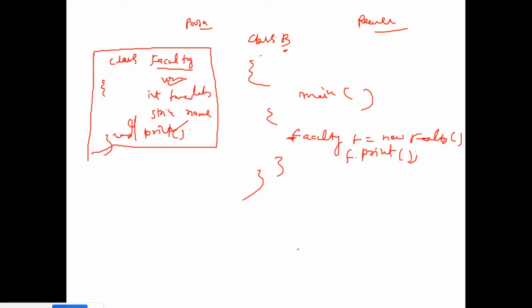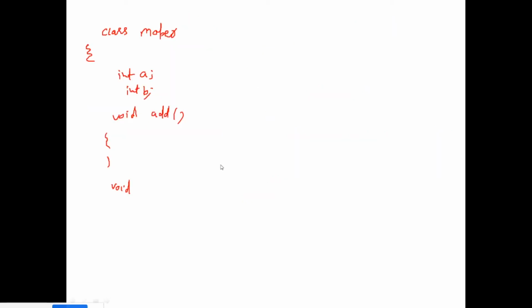Okay, so this class I have made, MathematicalOperation, and here I have one method add, one method subtract, and I am going to make the object for this class in the main class.